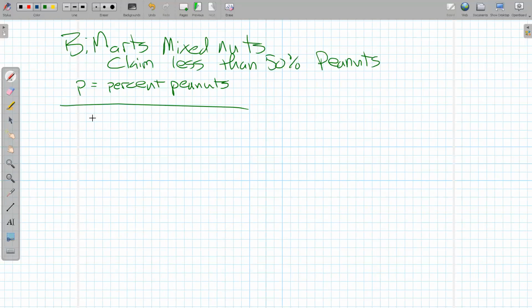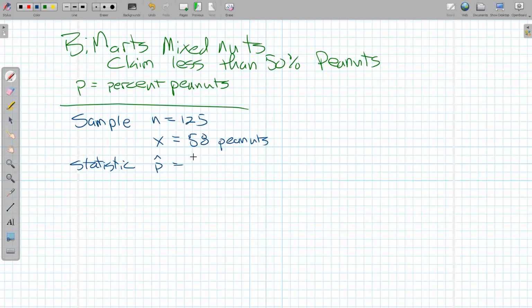I took a sample. From one of their cans, I grabbed 125 nuts. So Gary's sample, n equals 125. And Gary found that there were x = 58 peanuts in that 125. And so my statistic, in this case, we would call p with a little hat over it, that would be 58 over 125, which StatKey claims to be about